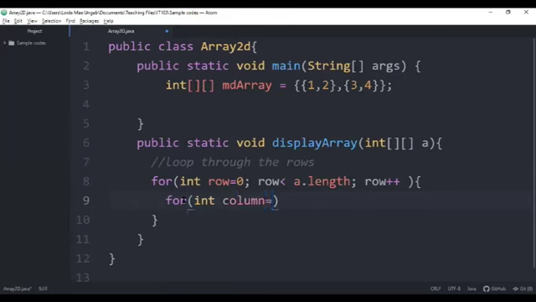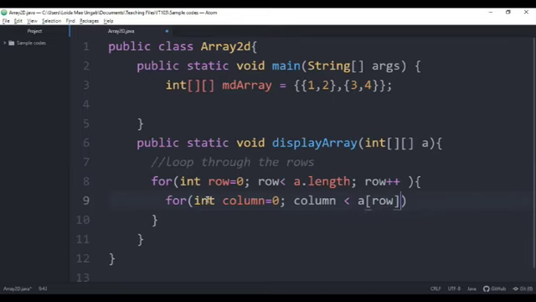Okay, now si column ato siyang initialize to 0 and column must be less than the length of your columns. Diba? Okay, so ang atong ibutang diri is si A, our array, and then ang iyahang